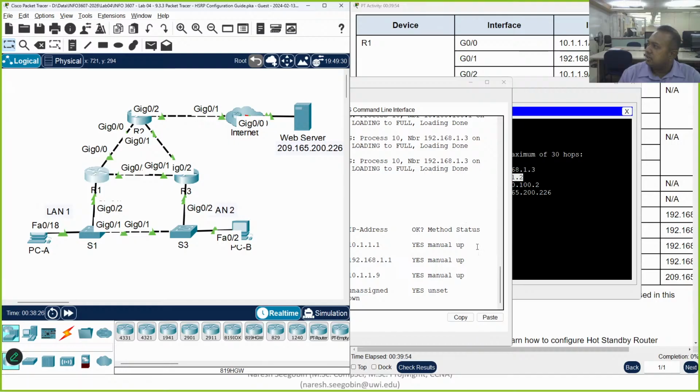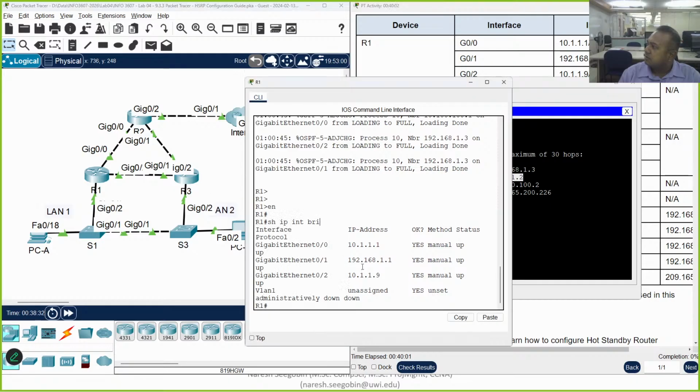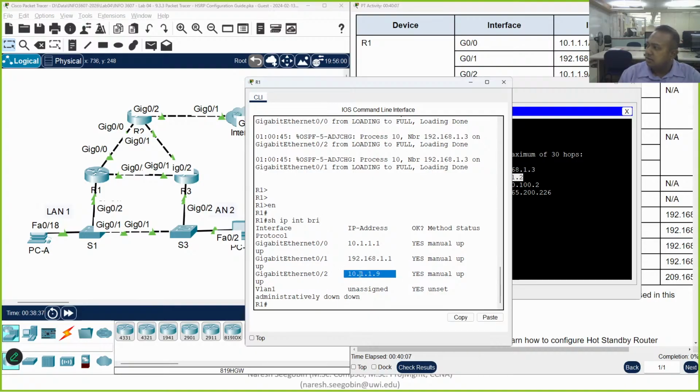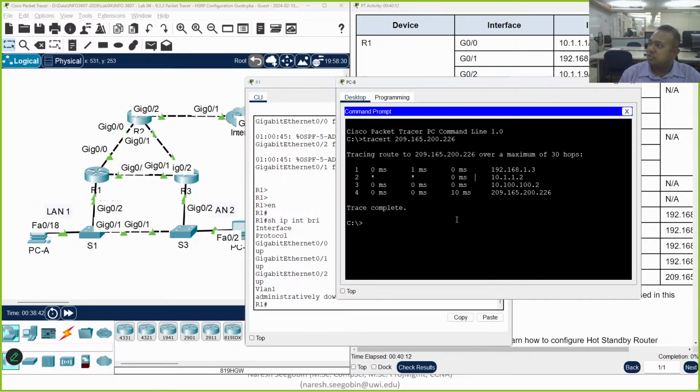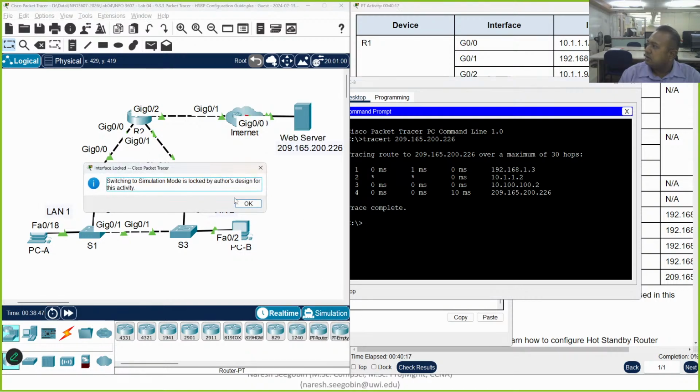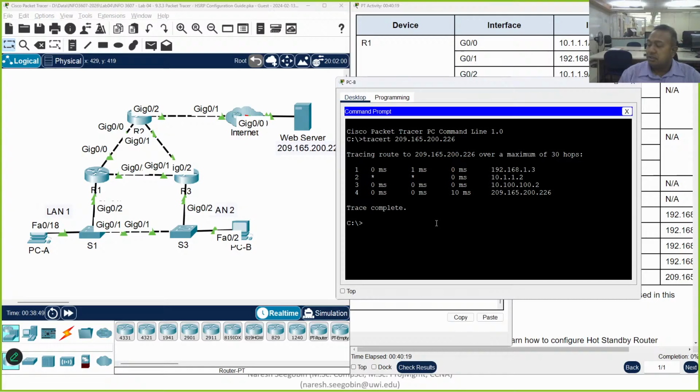Can't change anything. It's supposed to be 10.1.1.9 or something. So this is interesting. Let's see if I can do simulation mode. That's blocked. Alright, okay. We've got to check this out, and next time you guys, if you want, you can actually take the configuration of this and rebuild it in a different Packet Tracer that doesn't have the lockout and continue. But anyhow,